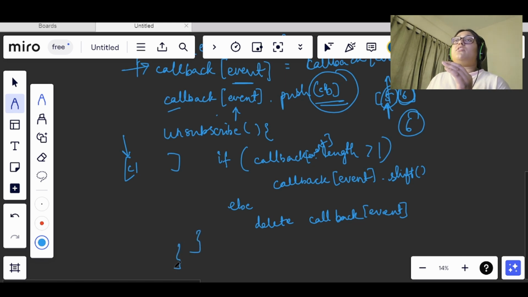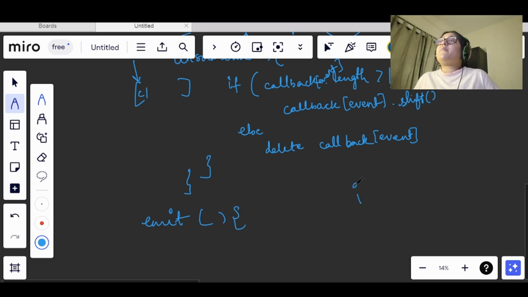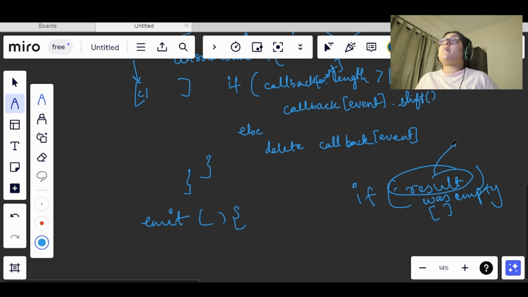Now comes the code, or the approach, for the emit function. Emit function is going to be very easy. So in the emit function, what we had to do: if the result was empty, or the callback array that we were storing, whatever values were getting stored in the callback, is empty, then we will return an empty array.